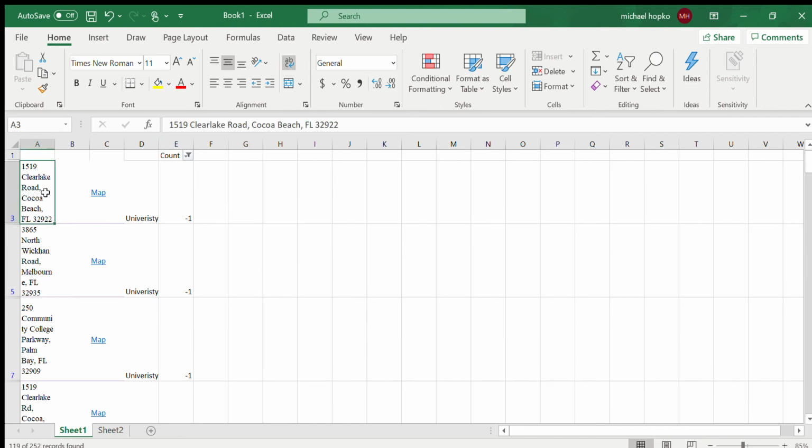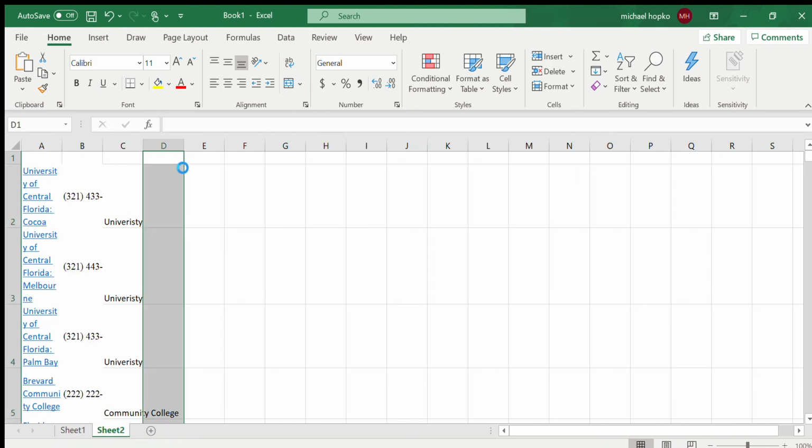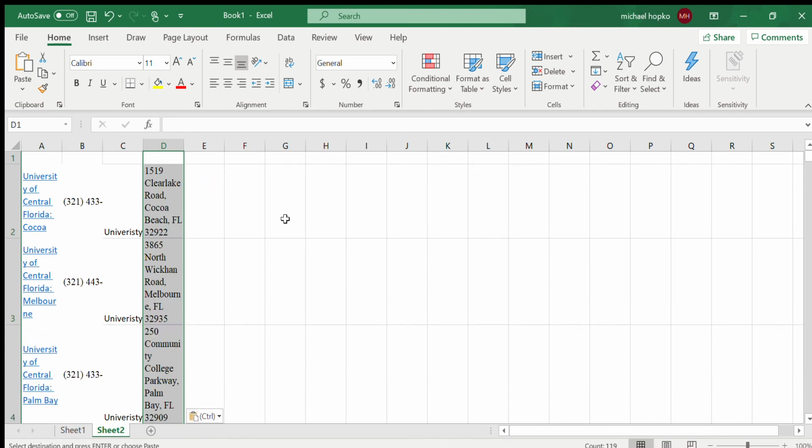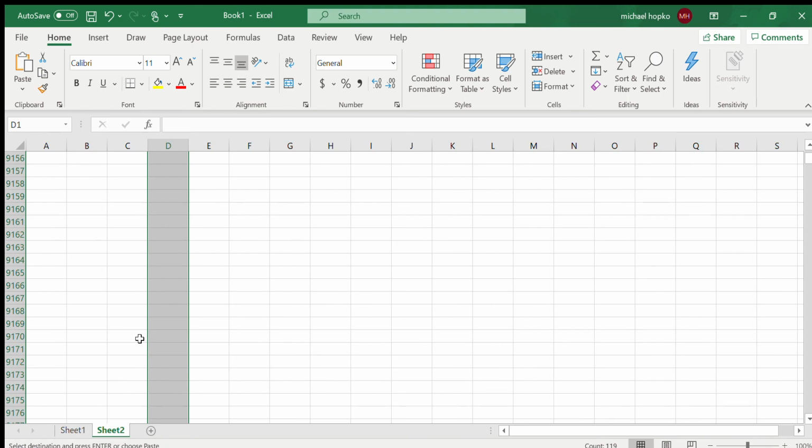So this time you'll have your address, the map link, and then it'll say school type again just because we put that in all of the boxes. So all we need here is column A. So you'll copy and paste that over again. Make sure you're clicking in the top box. And then before we go forward, we want to check and make sure that this all lines up correctly.